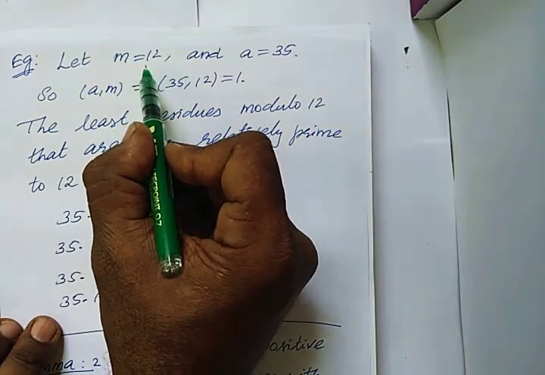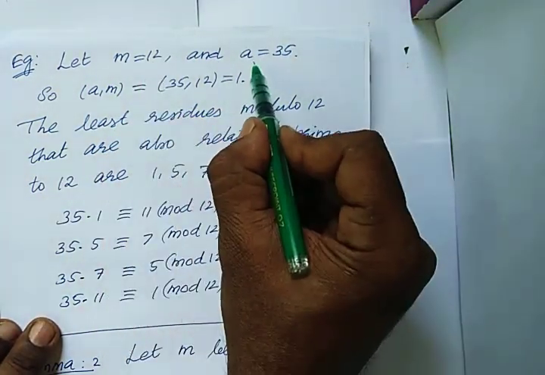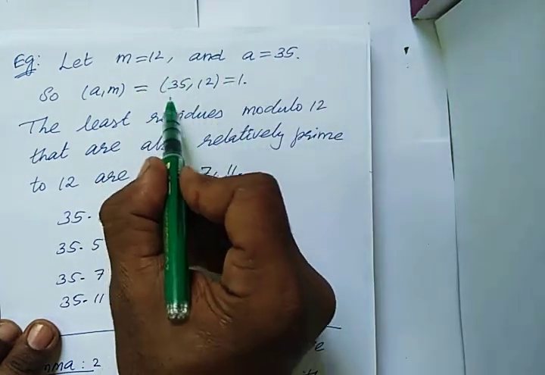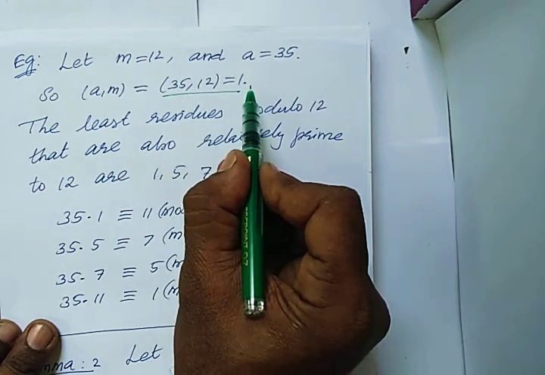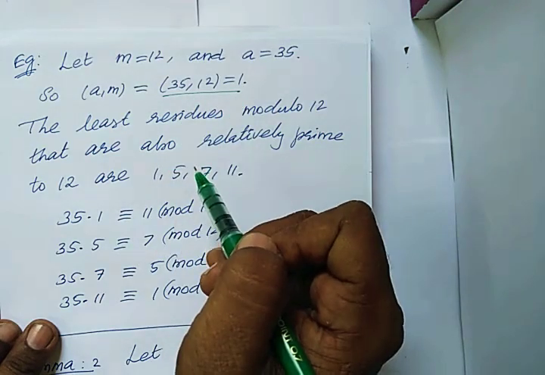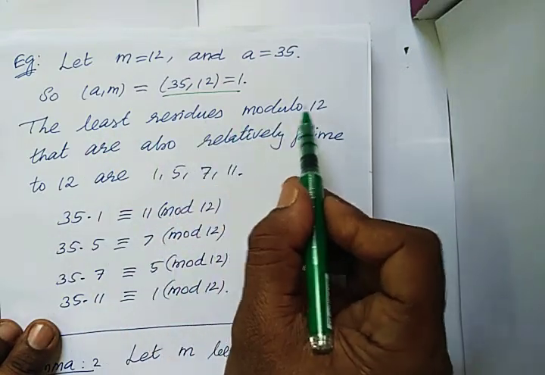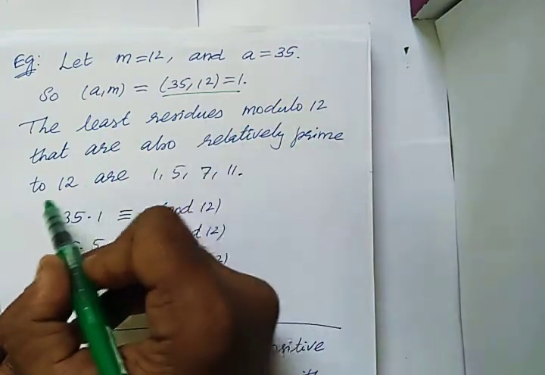Let m is equal to 12 and a is equal to 35. m and a are relatively prime. Okay. The least residues modulo 12 that are also relatively prime to 12